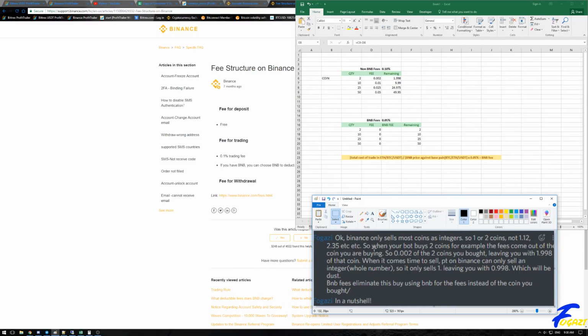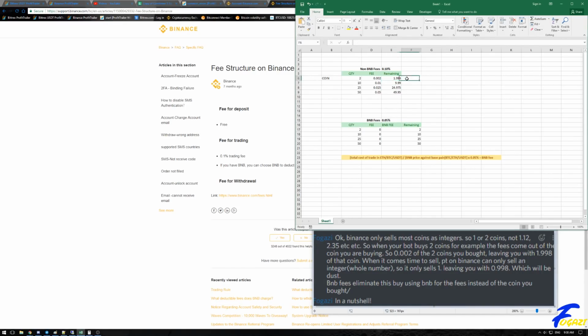So we'll see here. Binance only sells most coins as integers. For those of you who don't know what an integer is, it's a whole number, so a 2. It's no decimals or anything, it's a whole number, which I've explained there. So when your bot buys 2 coins, as we have done up here, the fee is 0.002, leaving you with 1.998 coins. When it comes time to sell, Binance can only sell, again, whole coins or integers. So it can only actually sell 1 of those coins, leaving you with 0.998,